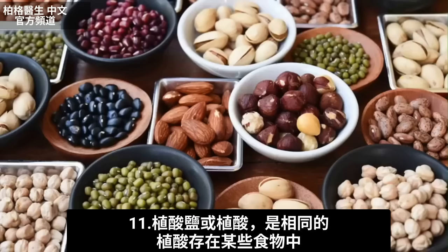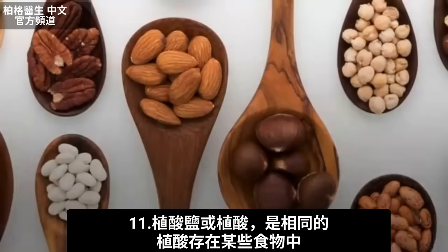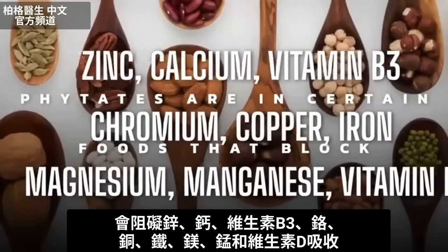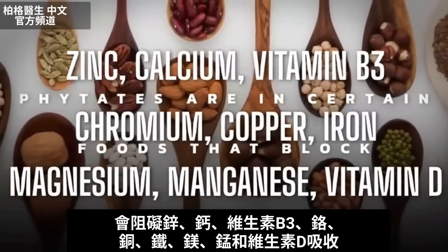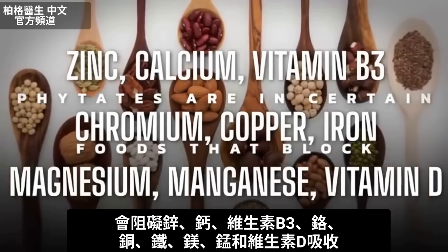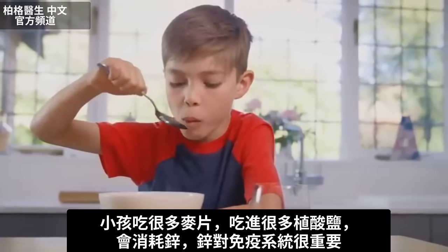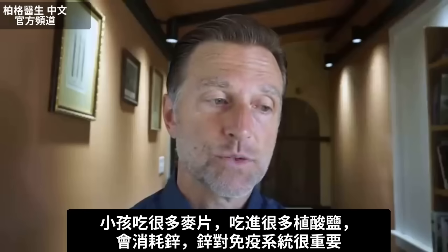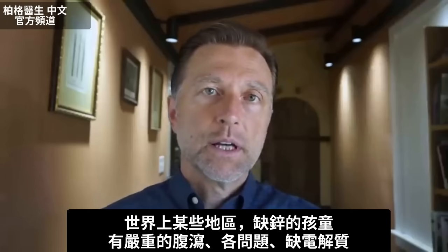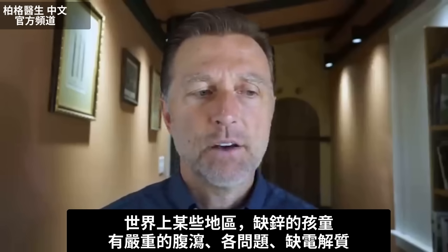And lastly, I want to mention something called phytates or phytic acid, same thing. Phytates are in certain foods that then block zinc, calcium, vitamin B3, chromium, copper, iron, magnesium, manganese, and vitamin D. Like kids have a lot of cereal, they're getting a lot of phytates, and that's going to deplete the zinc, which is really important for the immune system. And in certain parts of the world, the children that are deficient in zinc have a massive problem with diarrhea. And so that can cause other